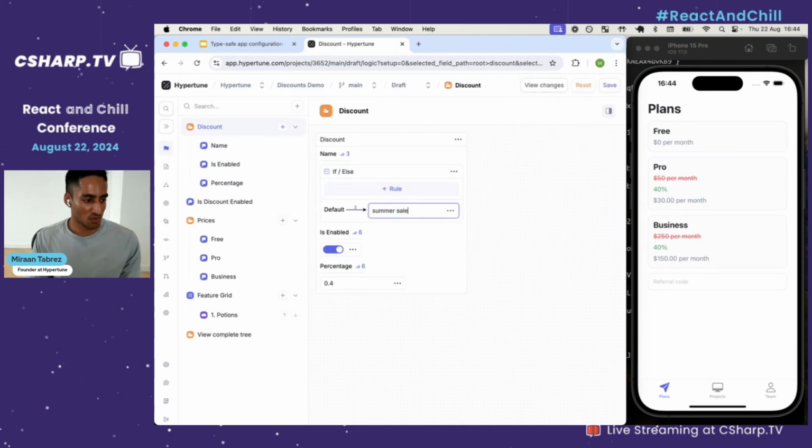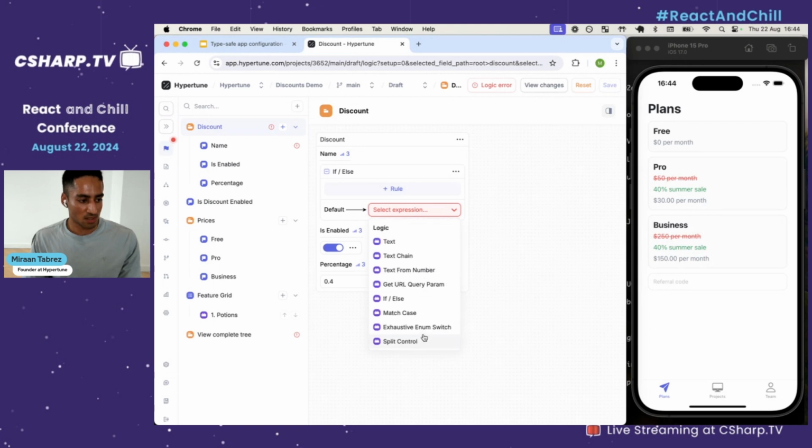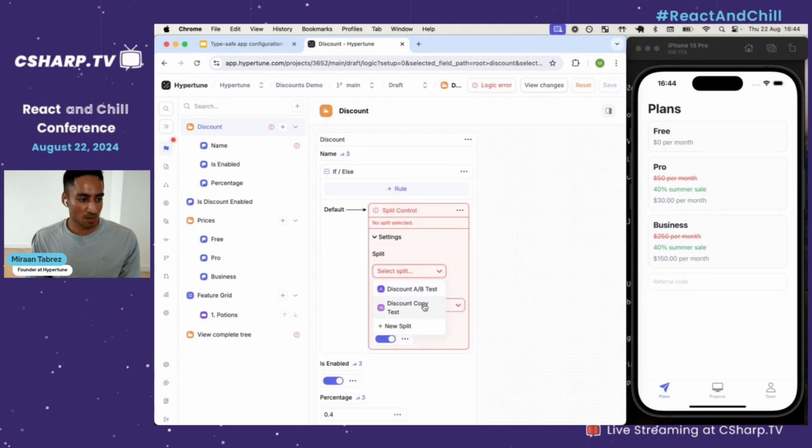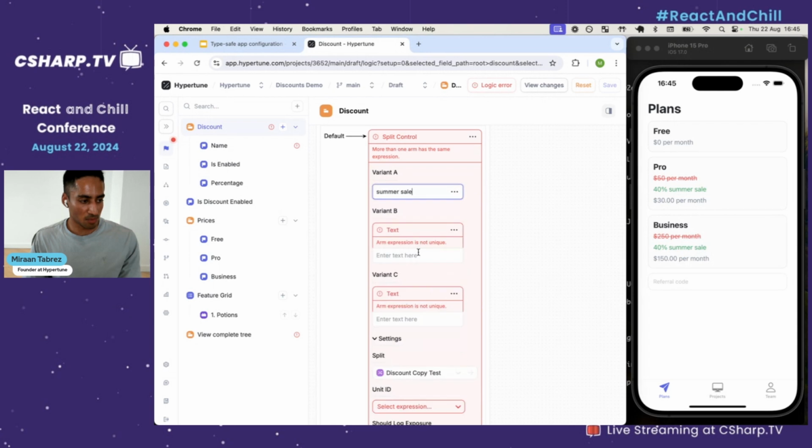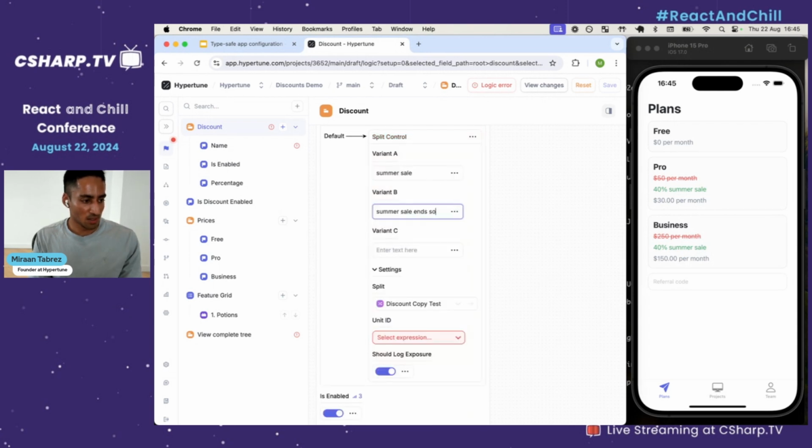So by default, it's summer sale. But like we said, they want to test different variations of this messaging to see which one works best. So instead of summer sale, they decide to drop in an ABC test to test a few different variations of this copy. So they have summer sale ends soon, and summer sale ends today. And